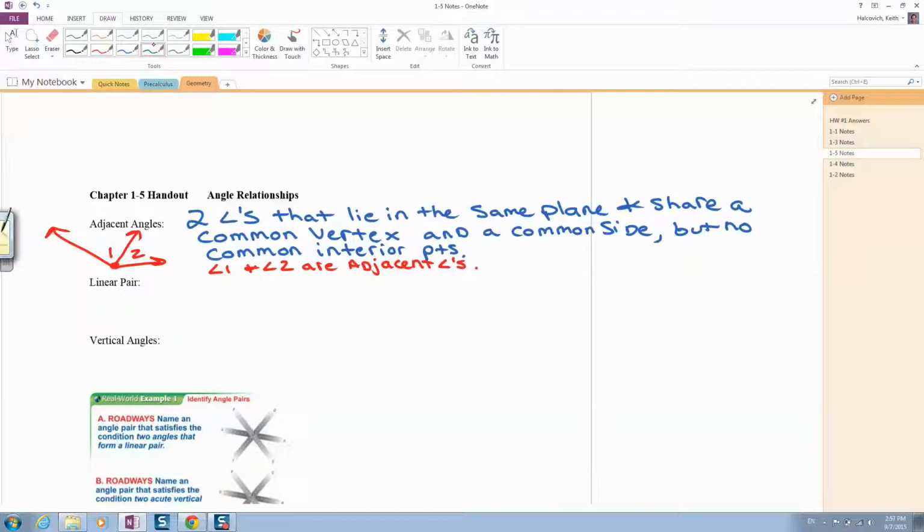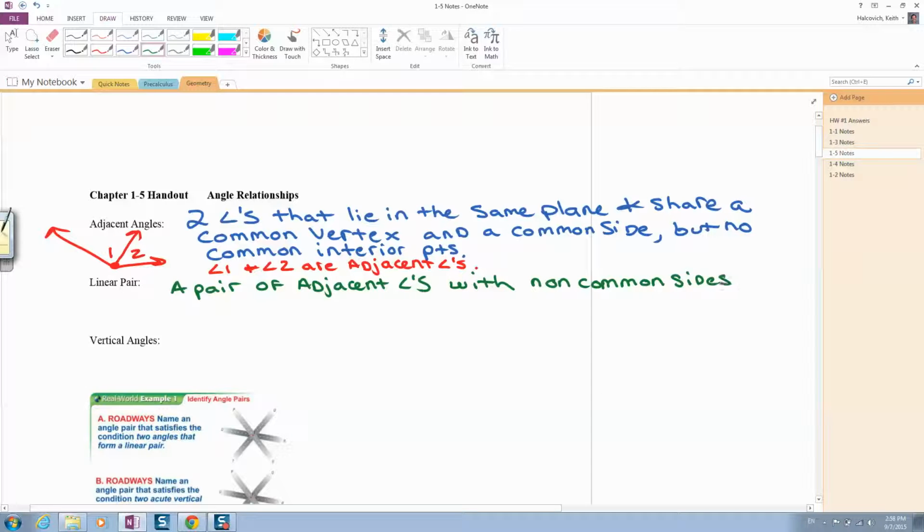A linear pair. A linear pair are a pair of adjacent angles with no common sides, with the non-common sides being opposite rays. So if you look here,